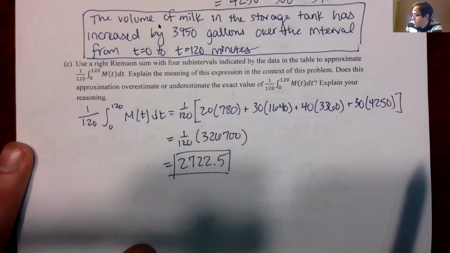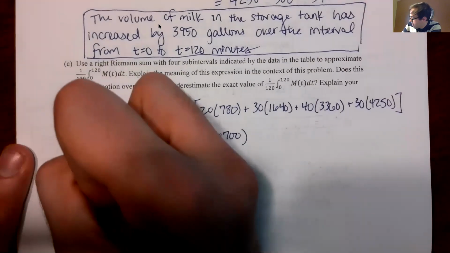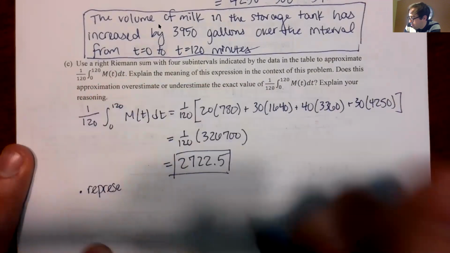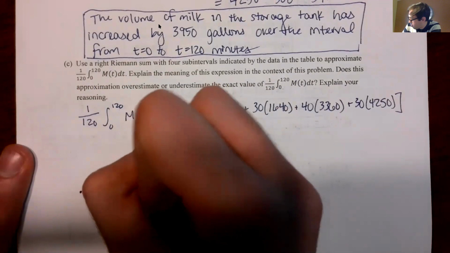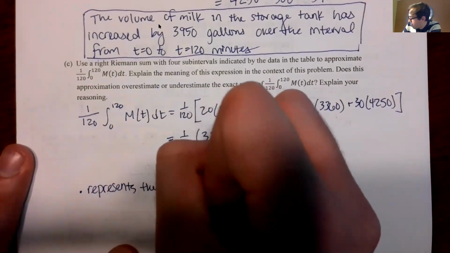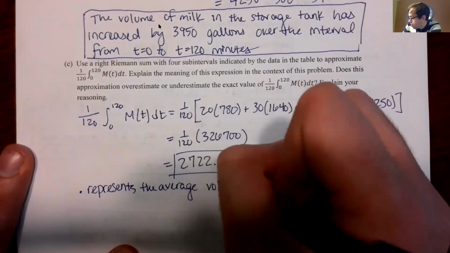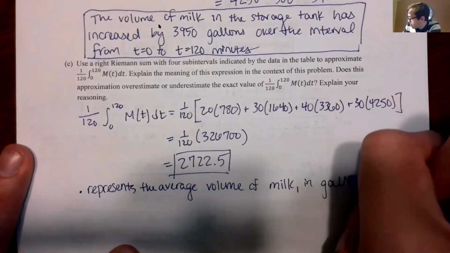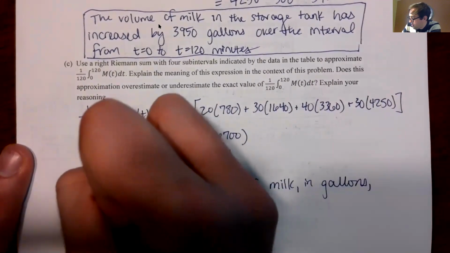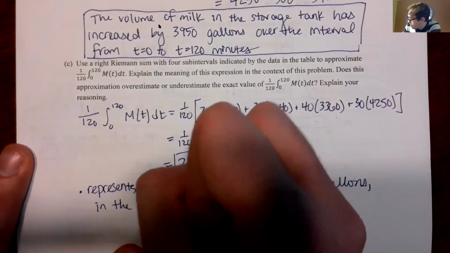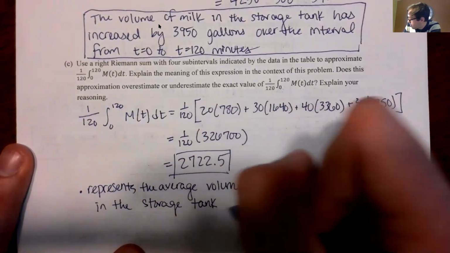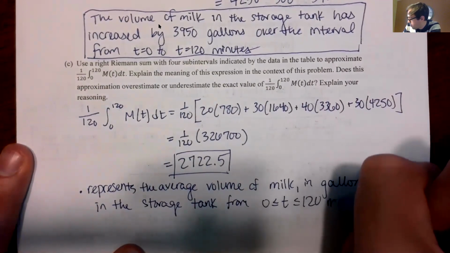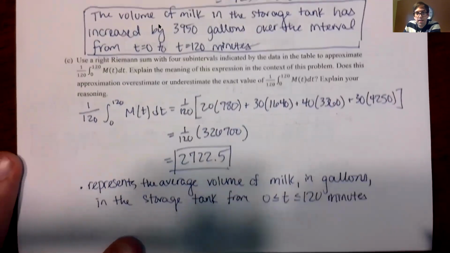So then we need to explain the meaning of this expression in context, and that would be that this represents the average, right? Because that's the average value of a function formula. So it represents the average volume of milk in gallons in the storage tank from 0 to 120 minutes. And last thing,